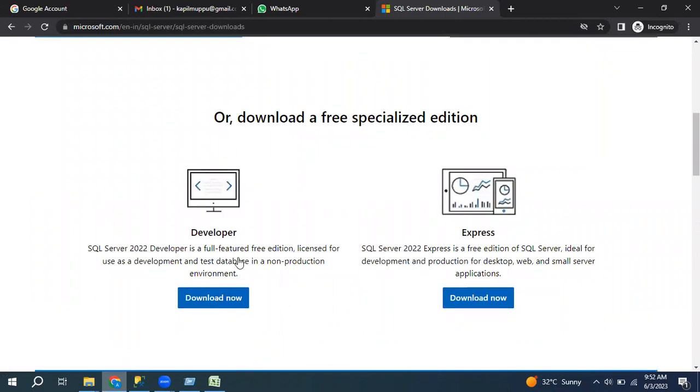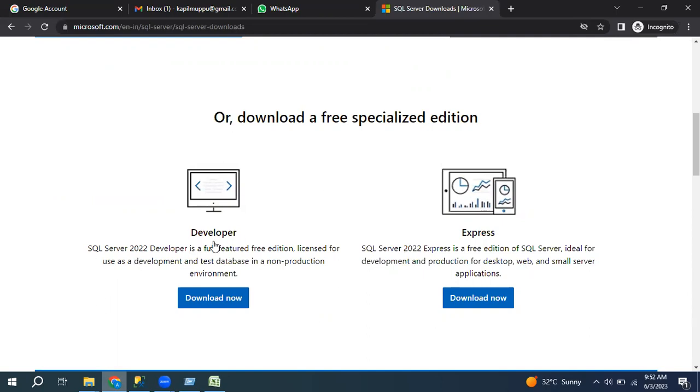The latest version is SQL Server 2022. We have a couple of versions like 14, 16, 19, 22. Before that we also have 2008 R2, 2012, 14, 16. We have multiple versions, and the latest version is SQL Server 2022.